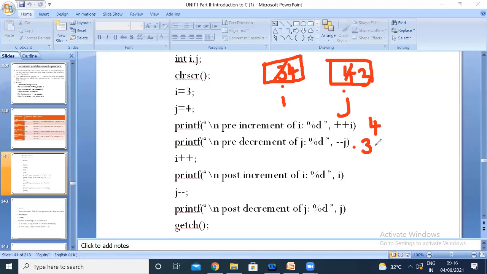Next, we had done post increment. Here you had done post increment, that is I plus plus, and you are trying to print the value of I. What will be the value of I you will be getting? Here you had done the operation, but you are not doing any assignment, no? So the value of I is being incremented and will become 5. J minus minus becomes 2. Did everyone get it?